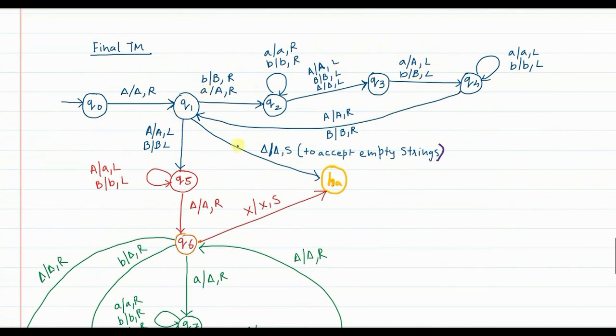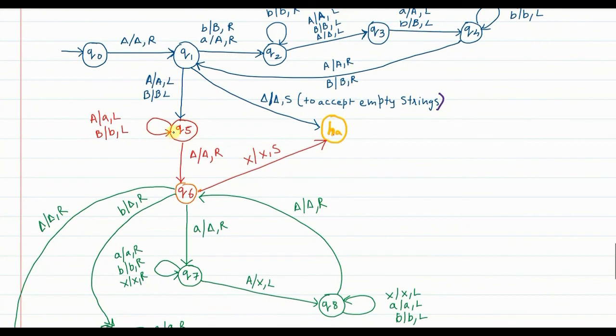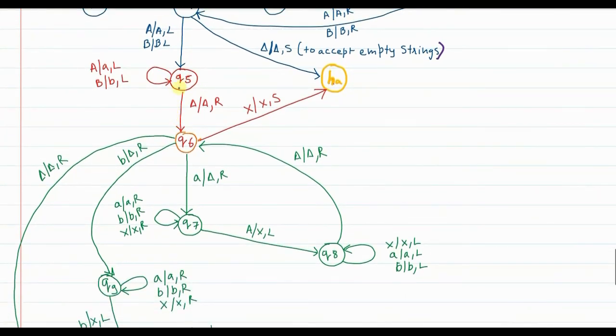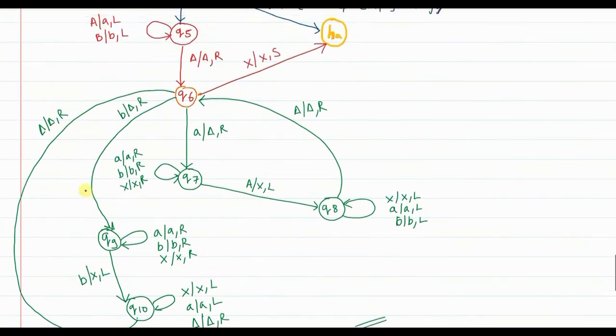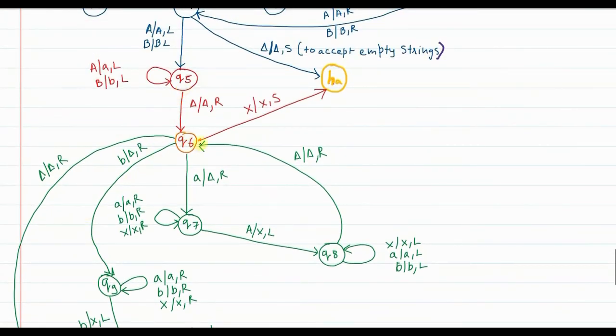Then the first Turing machine's output is given as input to the second Turing machine, at Q5. We have already spoken about it. From Q5, it converts the first half to small cases, and finally when it reaches the beginning of the string, the Turing machine goes to the halting state. That halting state of the second Turing machine is made the start state of the third Turing machine. Also, Q5 ultimately does not go to a final state. Q5 is just an intermediate Turing machine.